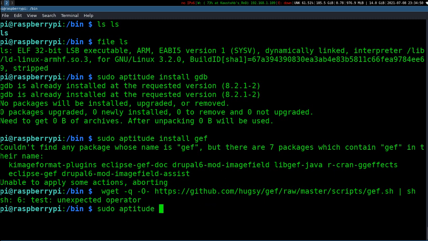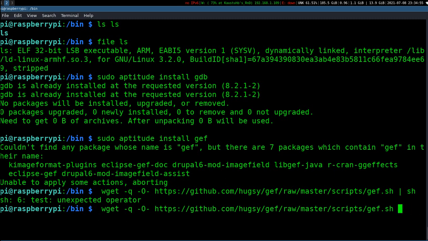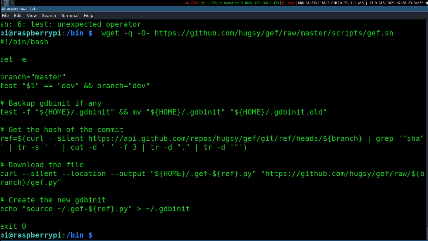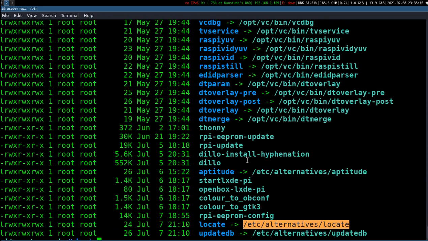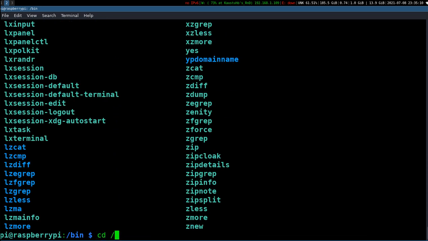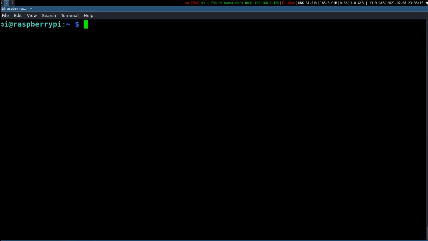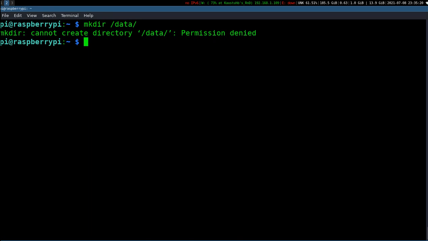Okay, boss, we will do it manually. Get the GEF first. Oh, we are in bin. Actually this is not the right place to get it. Let me see if it is downloaded. No, we didn't get a file. So let's make one directory called data. Permission denied.